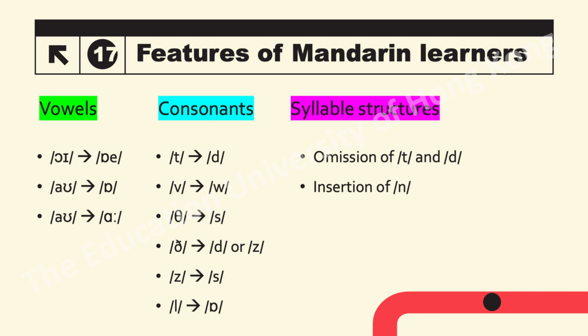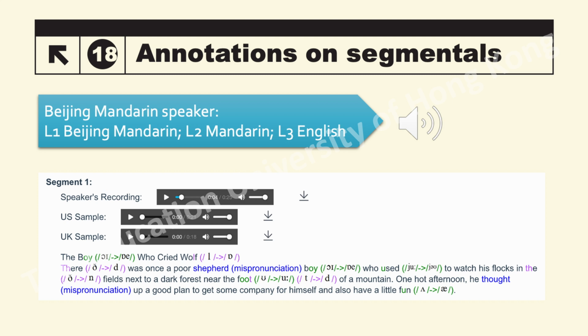Particularly, they replace the consonant L sound by a vowel O. Finally, they frequently omit T and D sound, and add extra N sounds, leading to changes in syllable structures. The sample presented here is from a Beijing Mandarin speaker who learned Mandarin as a second language and English as